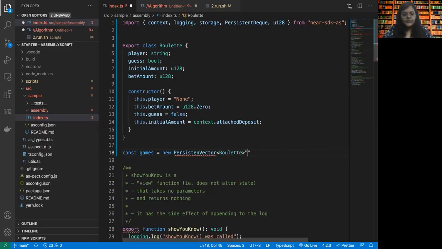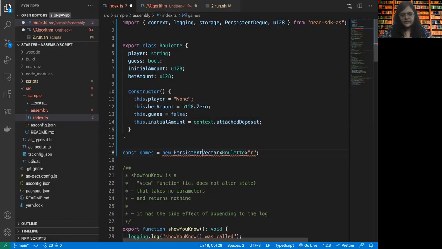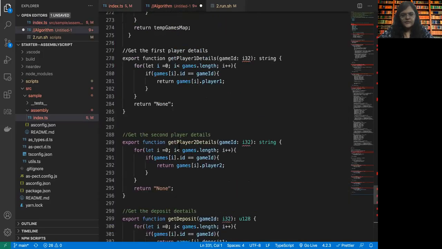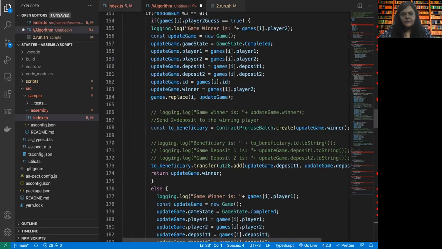And then I'm going to give a prefix, as we saw in the previous video as well, that we need to give a prefix to uniquely identify this particular data structure. So, spelling mistake. Let's see if there is a syntax error.